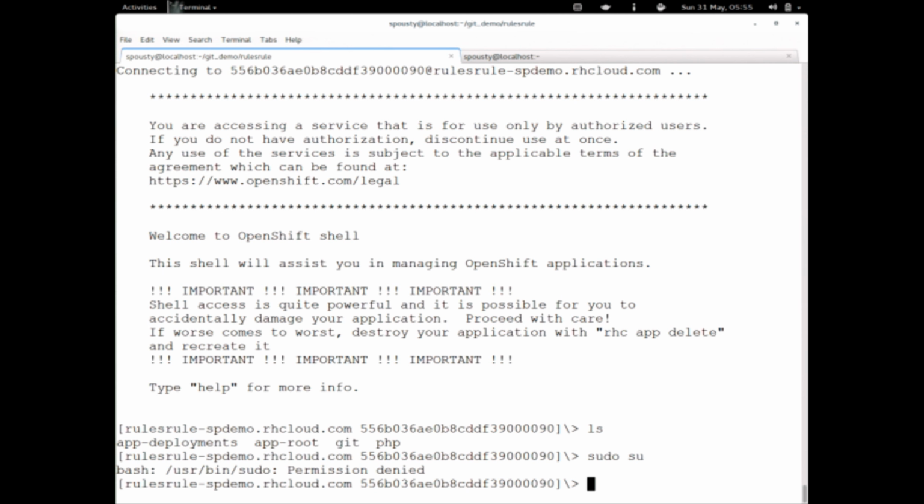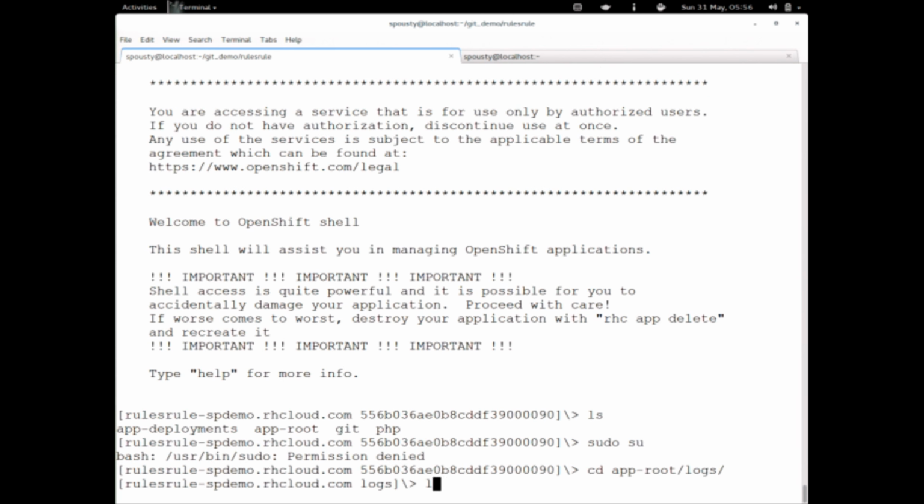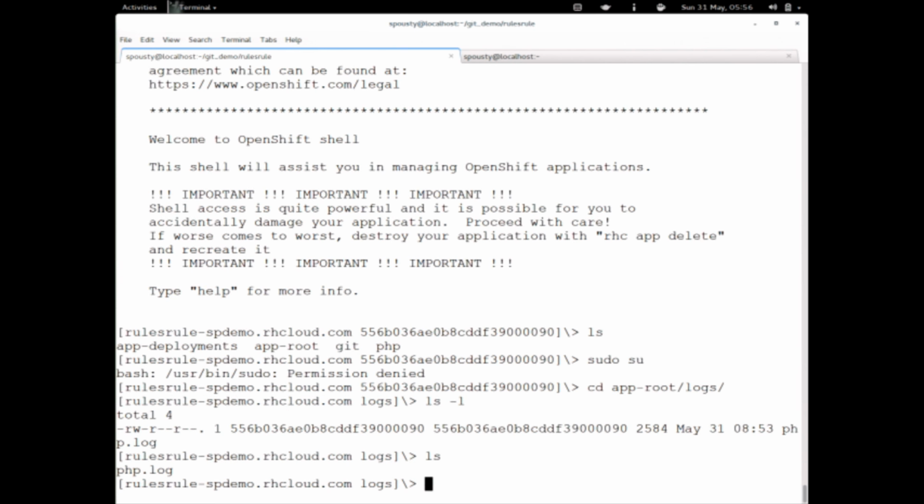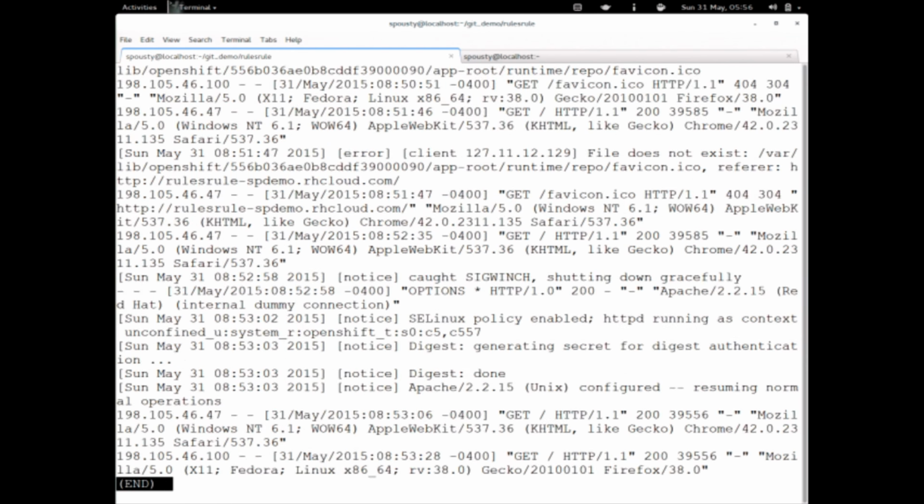Things go wrong with your code. I mean, I don't know if things go wrong with your code, but things go wrong with my code. And what do I usually want to look at? Log files. So I can go in there, and there's my log. Right, and I can less it. Oh, look, there's my